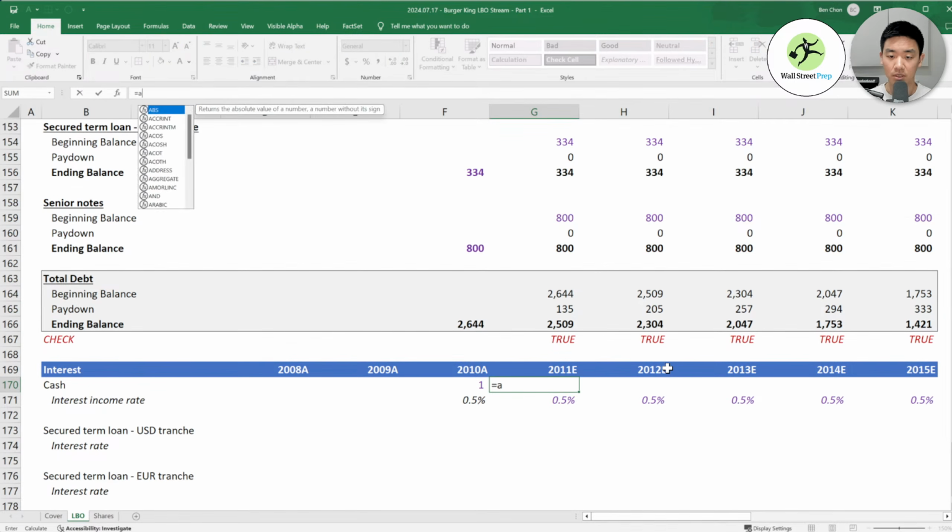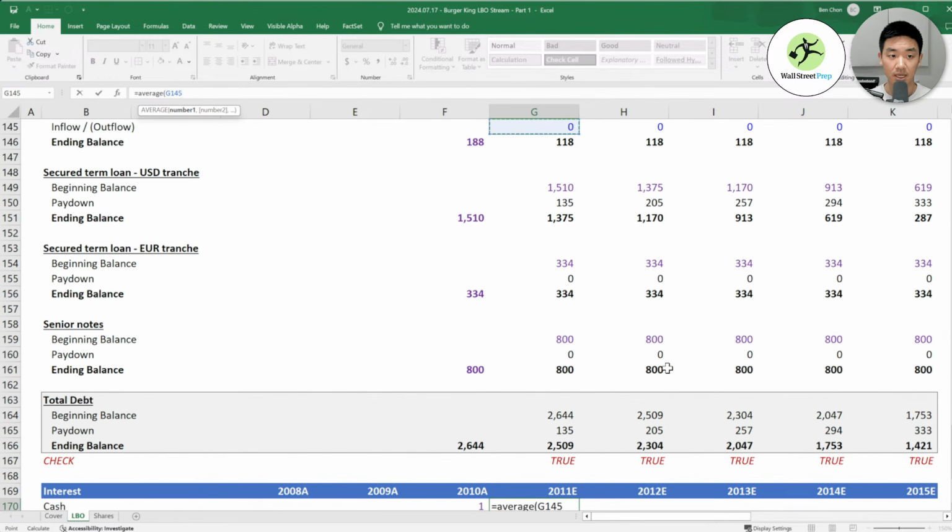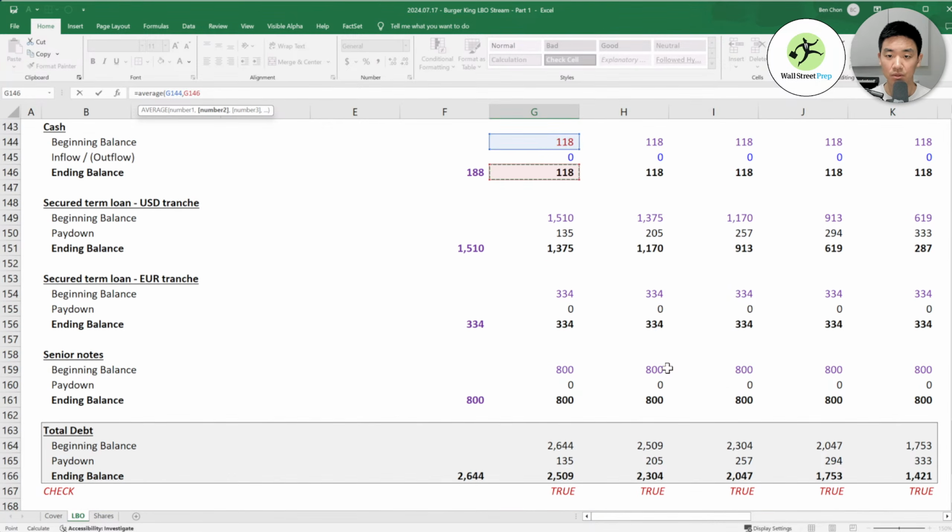Normally, what you would do here is take the average of your beginning balance and ending balance, because the actual interest that you earn or pay differs month by month or whatever your term is.